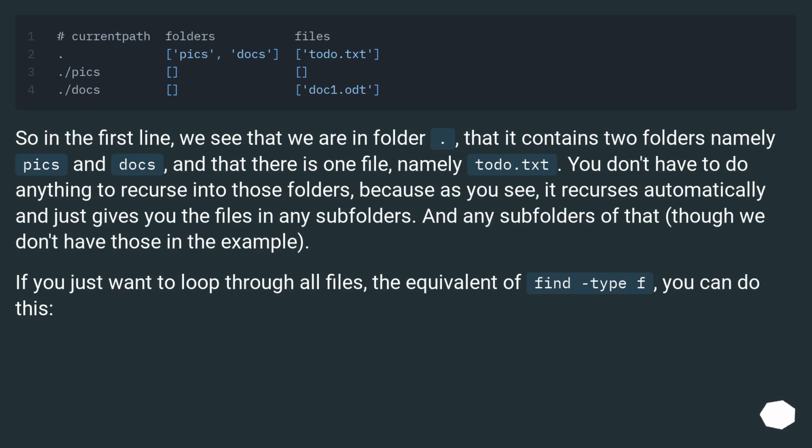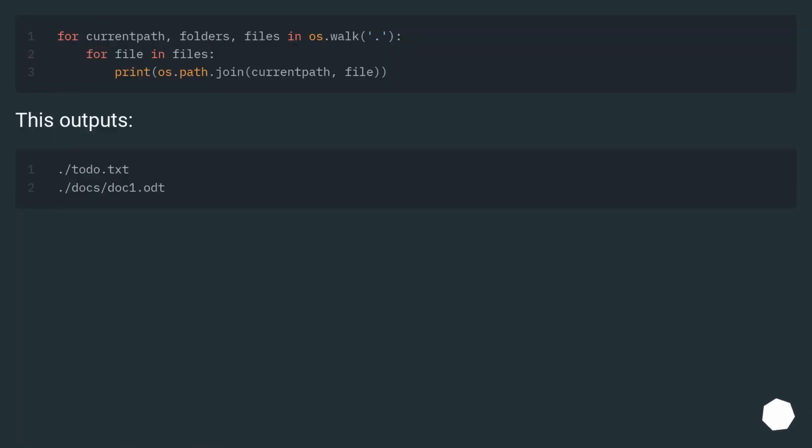You don't have to do anything to recurse into those folders, because as you see, it recurses automatically and just gives you the files in any subfolders. And any subfolders of that, though we don't have those in the example. If you just want to loop through all files, the equivalent of find -type f, you can do this. This outputs